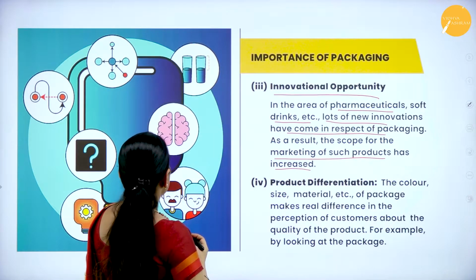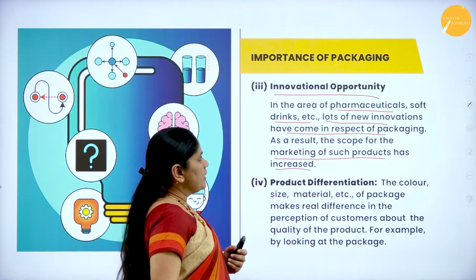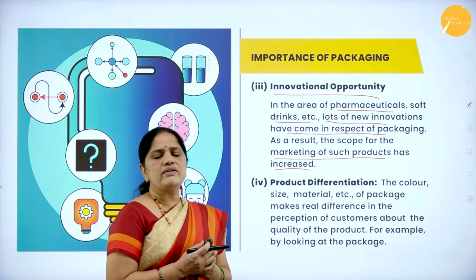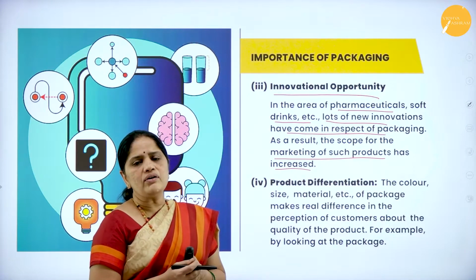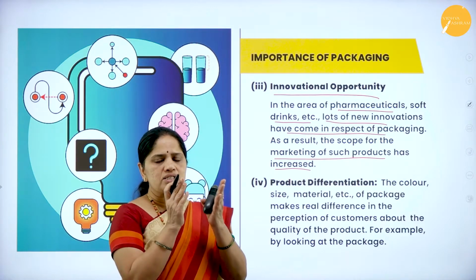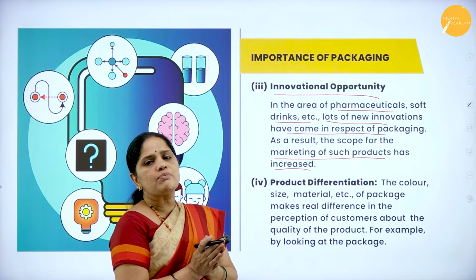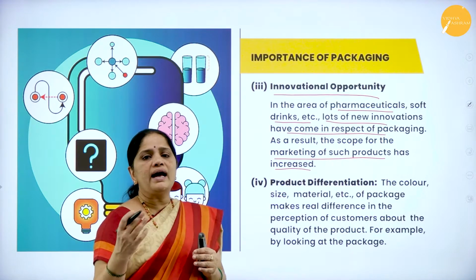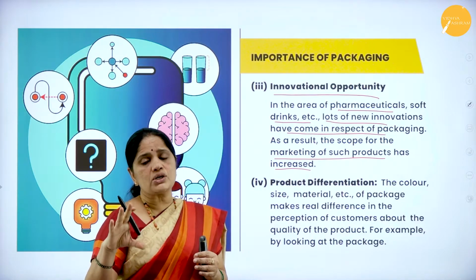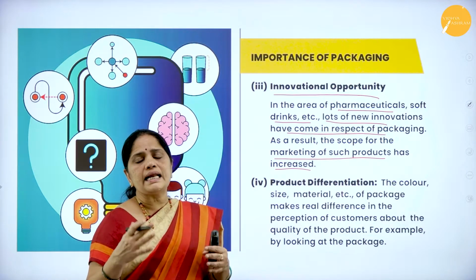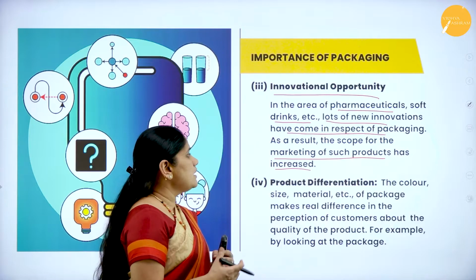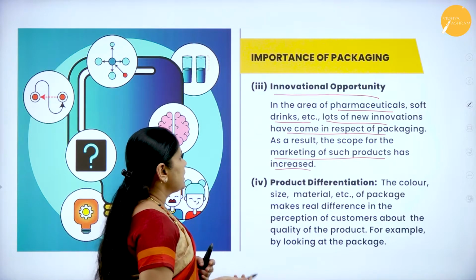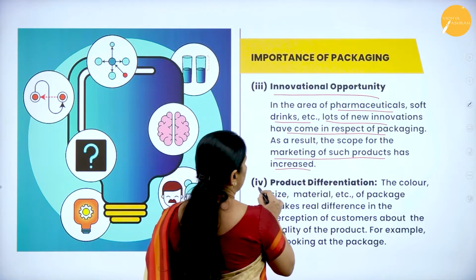Now, if you can see here, in the area of pharmaceuticals and soft drinks, a lot of innovations have come into existence. Before, we had soft drinks coming only in glass bottles, but nowadays we have them in plastic bottles also, and we have them in tins also. So, all these are latest innovations through which there is scope for marketing of these products. Then, the next importance of packaging is